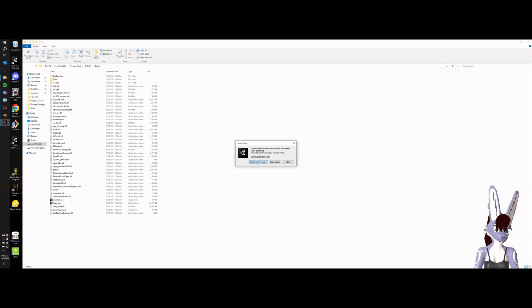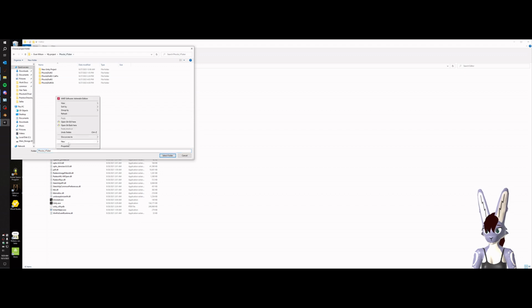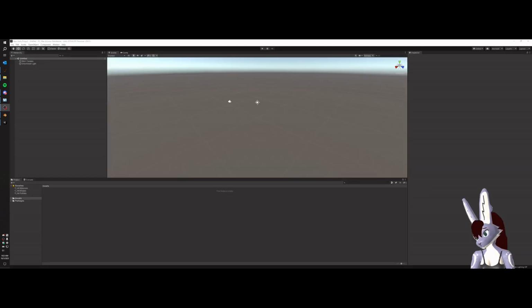So once you get to this point, you'll create an empty project, give it a new file name here. Type in something quickly and let it load. And here we have it. Unity finally opened, again,